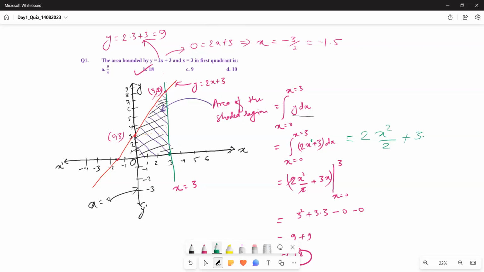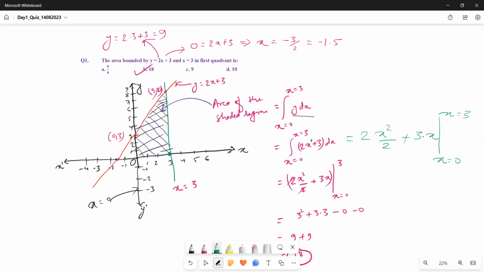we have 3, this is a constant, it will come out, then integration of dx is simply x, right? So this is what I have written here, and this value has to be evaluated on the limits from the left limit of 0 to the right limit of 3. When you substitute this, first we substitute the upper bound, then we subtract by putting in the lower bound values